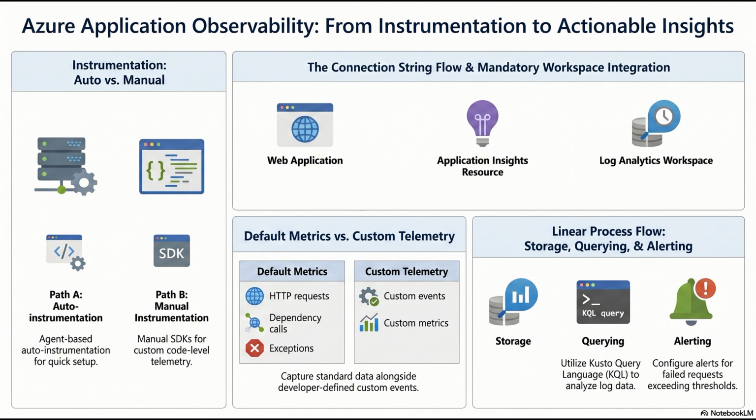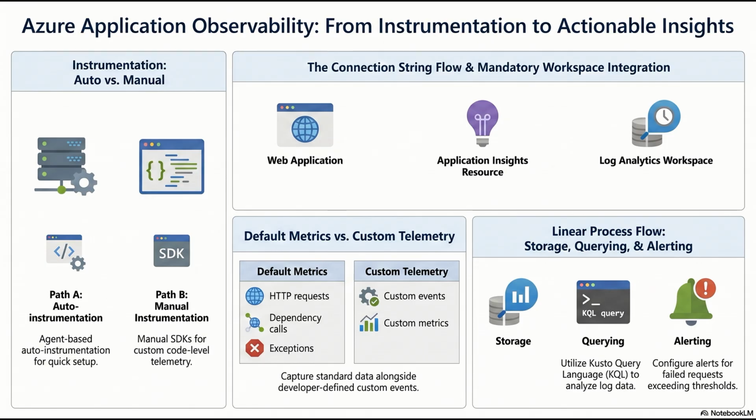It knows how much virtual RAM is allocated, but it does not know what is happening inside the guest operating system. So if I want memory utilization or Windows event logs or Linux syslog data, I have to bridge that gap somehow. Yes, and you do that using agent-based auto-instrumentation. You deploy an extension directly onto the virtual machine's guest OS. That agent sits inside the operating system, interfaces with the kernel, gathers those OS-level metrics and system logs, and then securely ships them out to Azure Monitor. You do not have to write any code for this. You are just installing a localized daemon that basically acts as a telemetry courier.